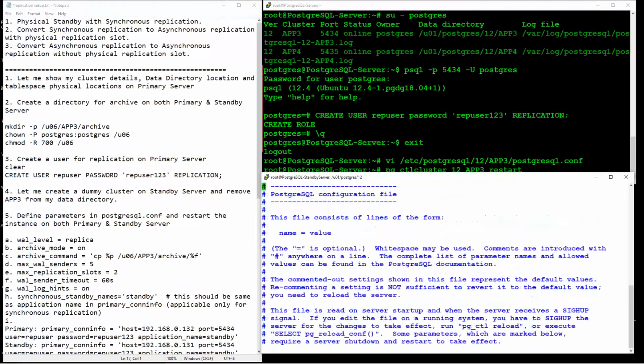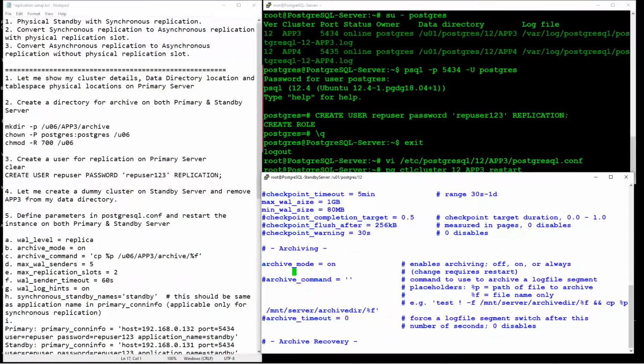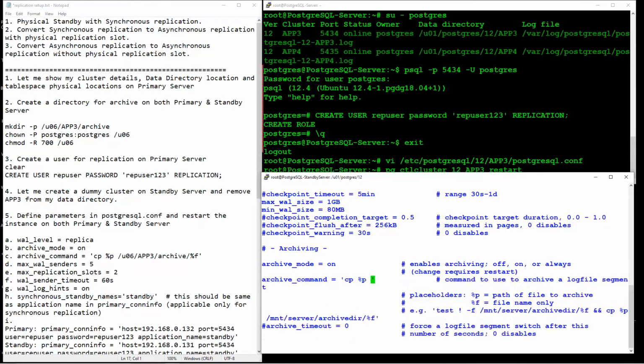Since it is a brand new cluster, I need to define listen underscore addresses. For demo purpose I am making it a star. Then again let me go for other parameters. Let me define this as cp %p u06 app3 archive %f.